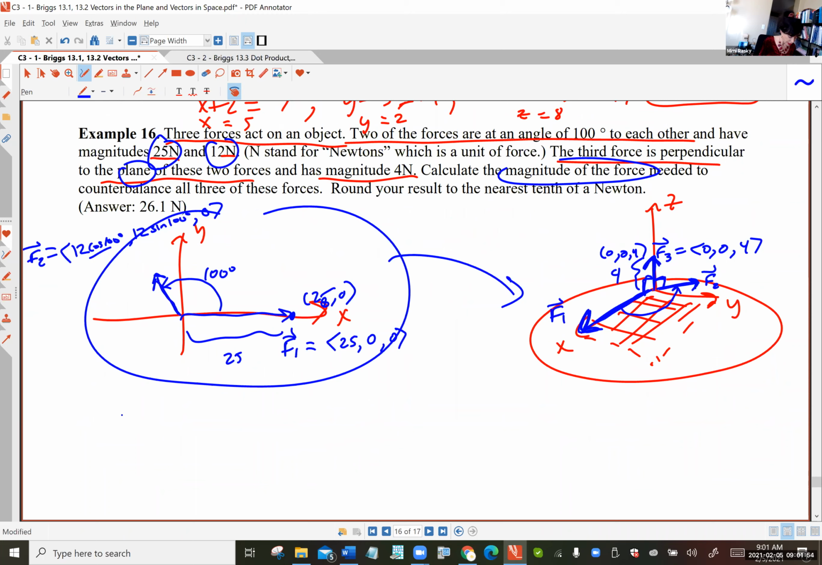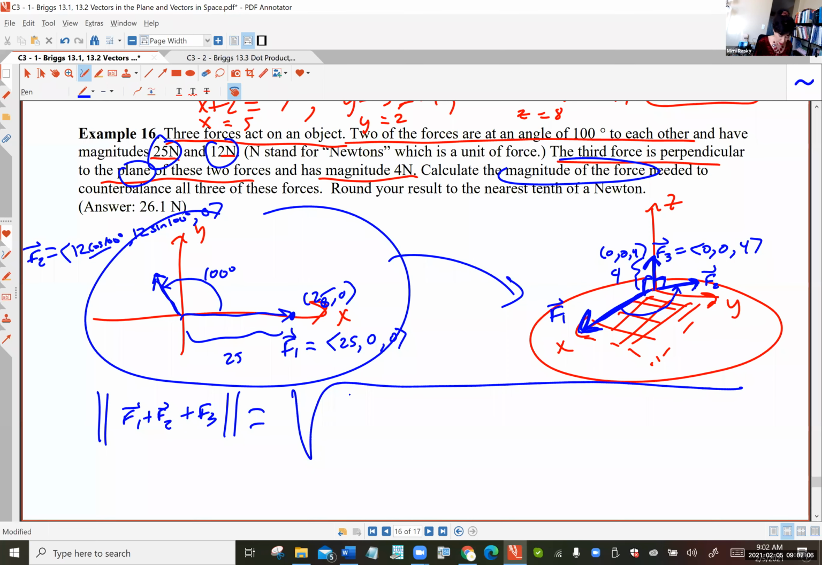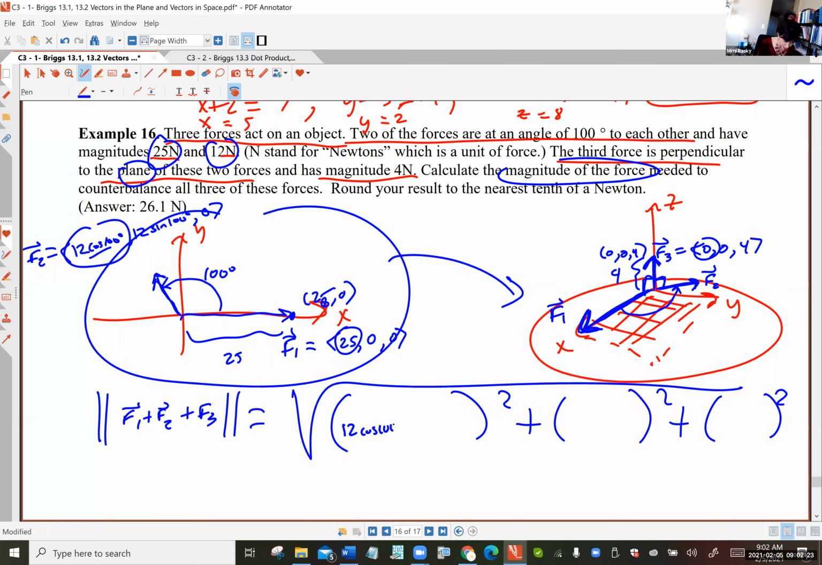Well, let's see. If we added F1 and F2 and F3 together, and we took its magnitude, I'm going to do 2 things at once. We would do the square root of the sum of the squares of the components, and the components are going to be the sum of all 3 of these vectors. So if you look at the X component plus the X component plus the X component, all 3 guys' X components, add them together, we'll get 12 cos 100 degrees, yucky number, plus 25 plus 0, and then square that,